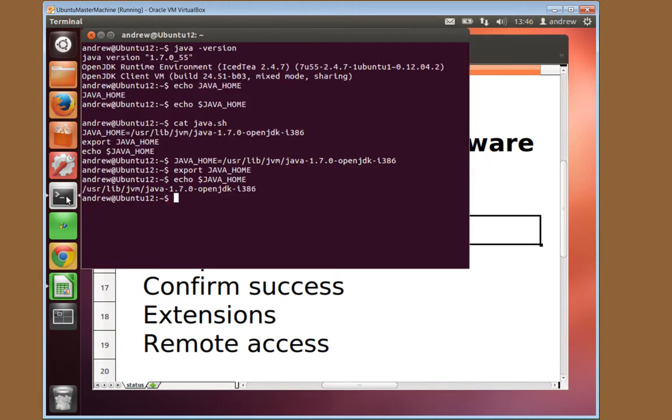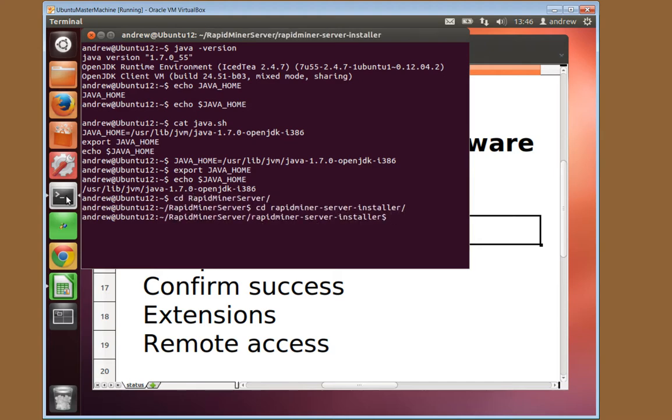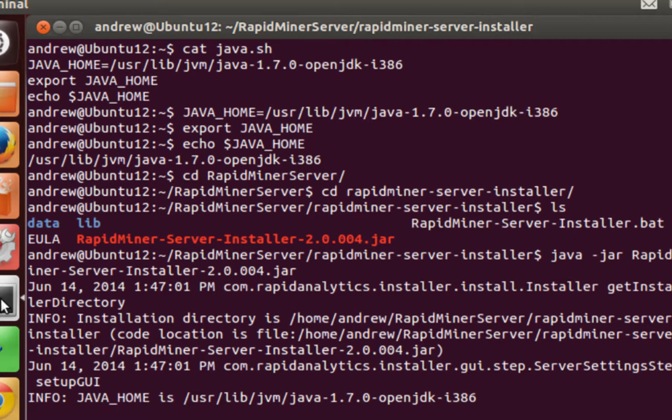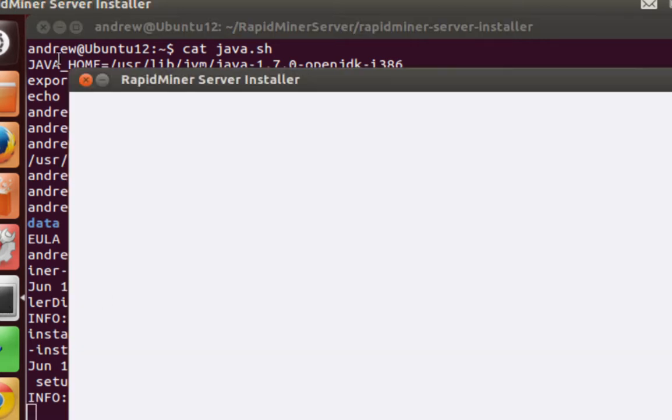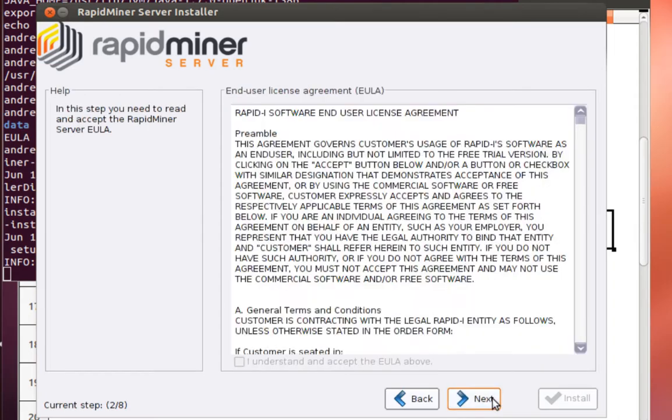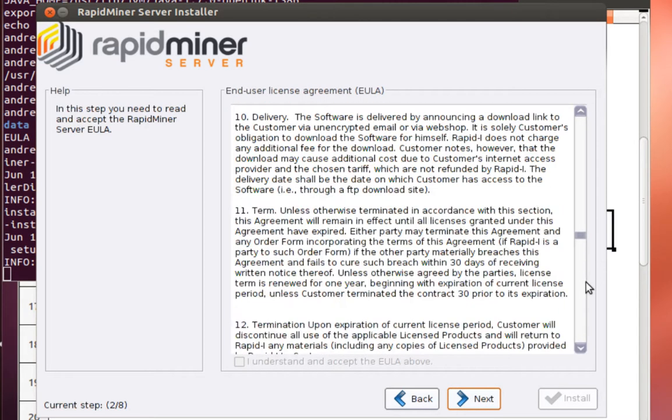So what you do, you go back to the terminal window, you go to the place where the jar file is, RapidMiner server installer .jar, the thing we unzipped earlier, and now we're going to do this, java -jar RapidMiner server installer .jar, and now we see Java home, we notice, is set to the correct value. Now we're going to do the work. So it's reminding us that we need a database, which we have, so that's good. So now we're going to say yes, we agree to sign our lives away,